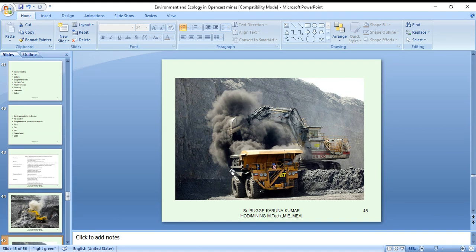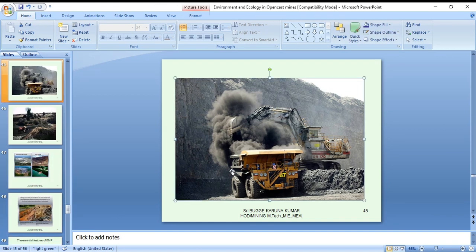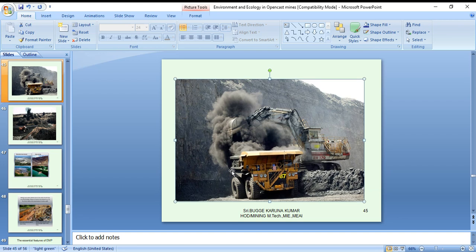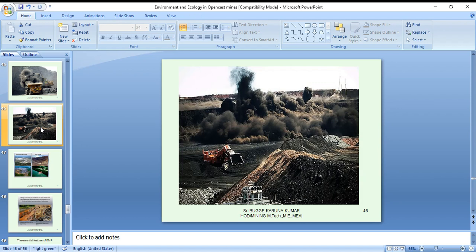See, this is also one of the dust rising cases while loading of the material into the dumpers. In blasting activity, see how much particulate matter will be rising due to the huge blasting.